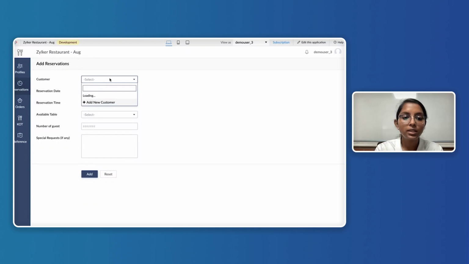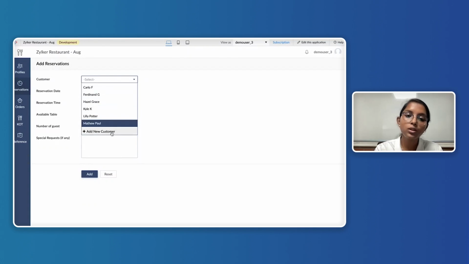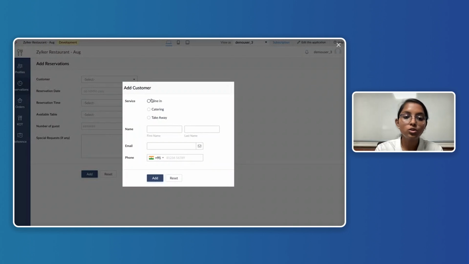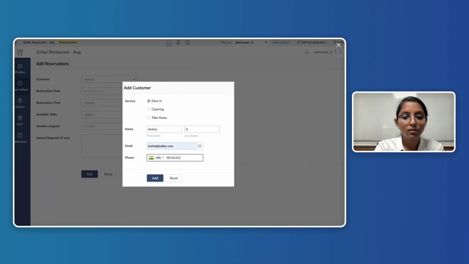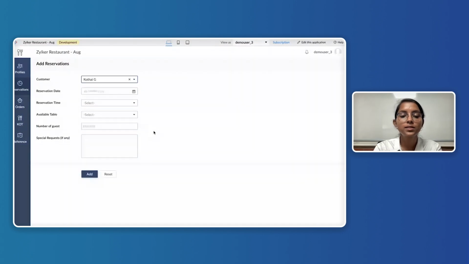So the customer will give their information. Currently we have a few existing customers. If they are a new customer, we can choose if they are preferring dine-in, catering, or a takeaway service. So now I'll just give my name and my email ID, my demo email ID. And then once the customer gives the information to the manager, he will start the